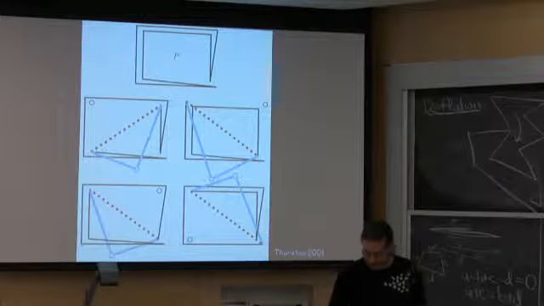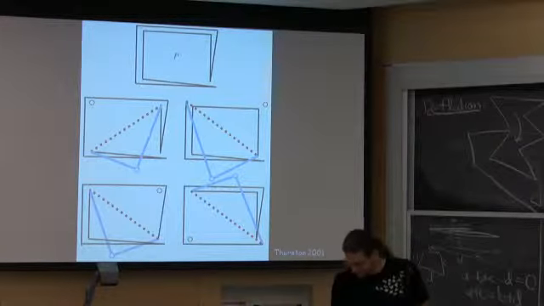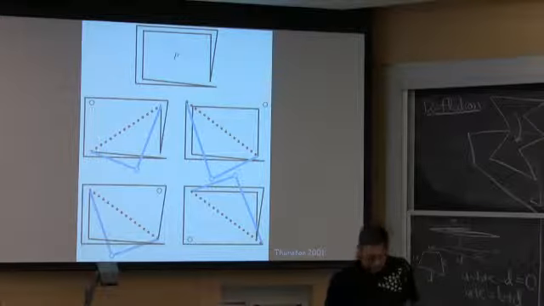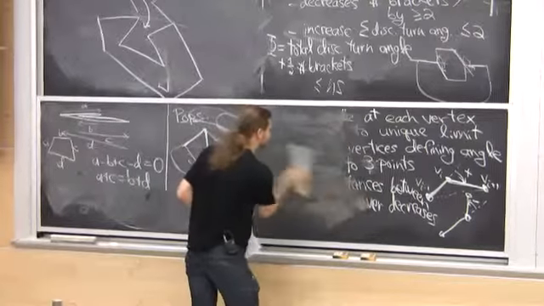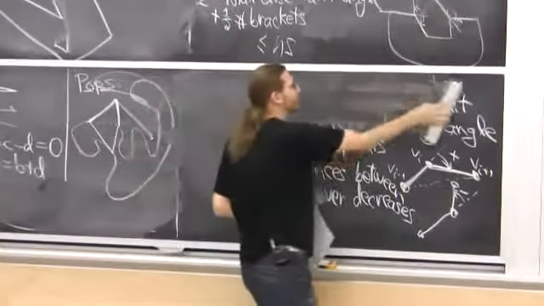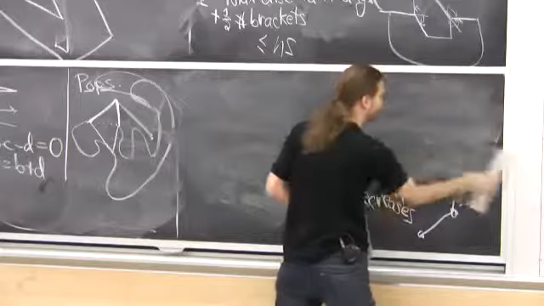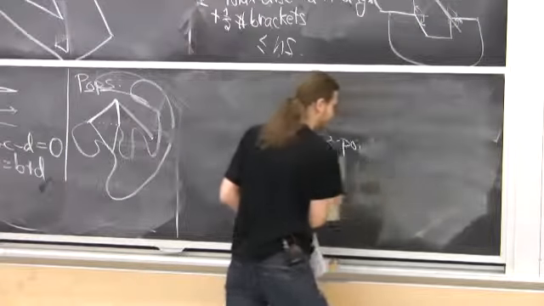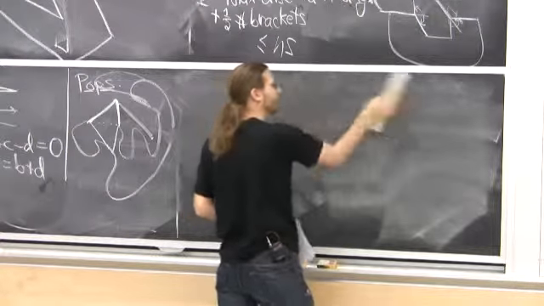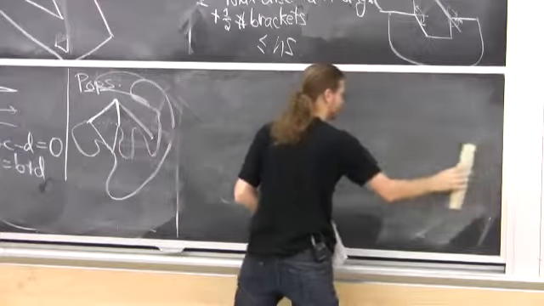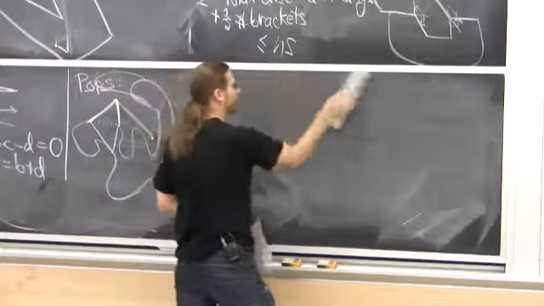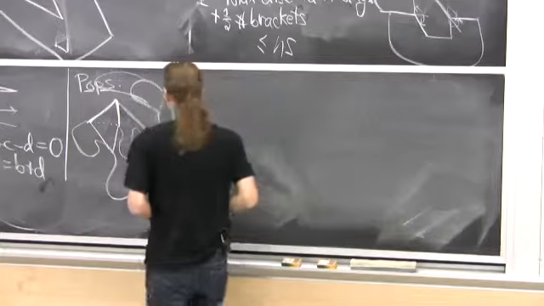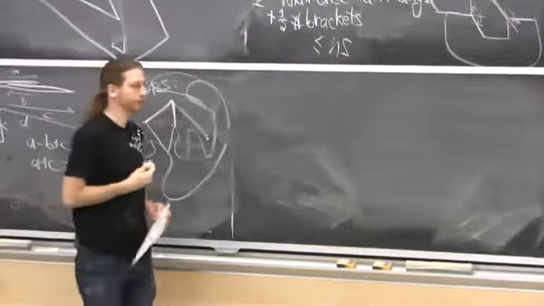And it turns out this was open for 9 years, 8 years, I guess. And the answer is no. You cannot always convexify. Now, if your polygons are non-degenerate, some generic thing, I think the answer is yes. I've never seen a full proof of that, but Thurston claims it's true. And Thurston is super smart, so it's almost certainly true. But for degenerate situations,